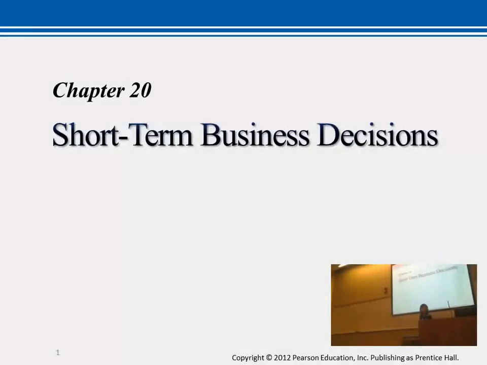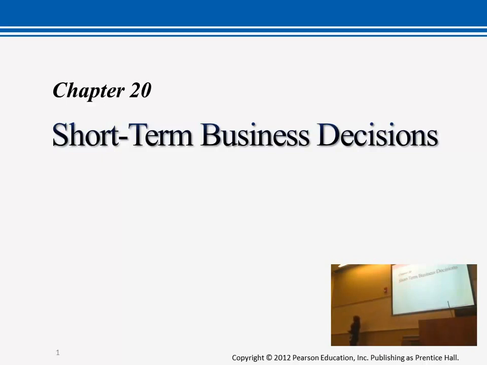All right, so last Tuesday we started a new chapter, short-term decisions, and we went over a few of these. Of all the 6 decisions that we're covering in this chapter, we went over the first 4, right? So first, let's briefly review before we go to the last ones: outsourcing, and process further or sell as is.